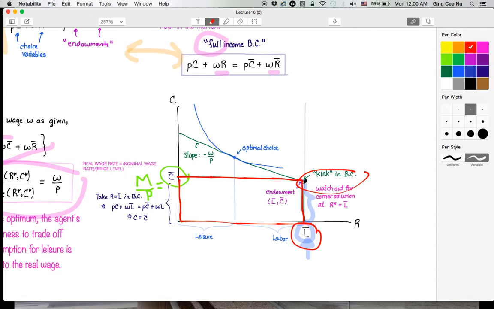Because you have this non-labor income, which enables you to at least get C bar without working at all, all of these bundles are feasible, and then the price ratio between leisure and consumption comes into play. This slope, once you start at this kink point, which is the maximum amount of consumption and leisure you can have by not working at all, applies the opportunity cost, where for each